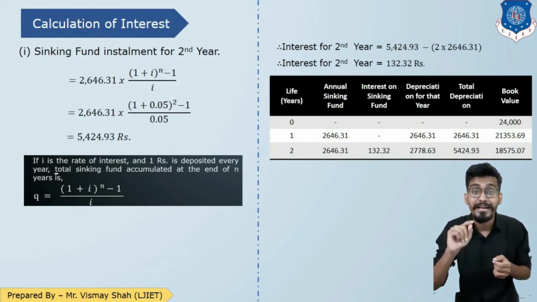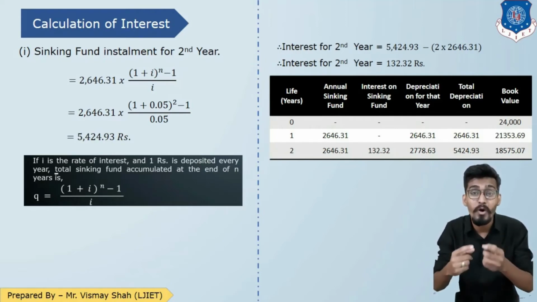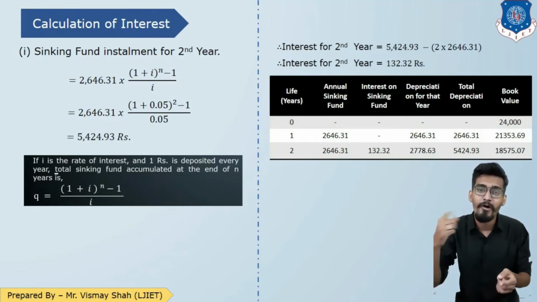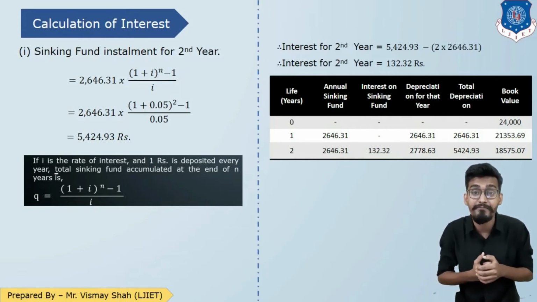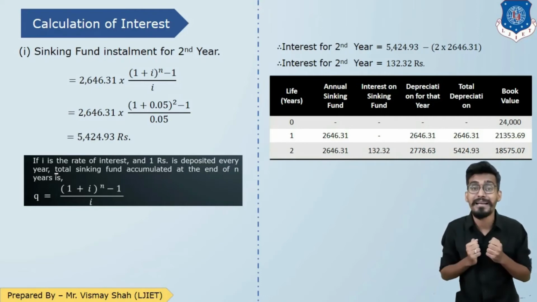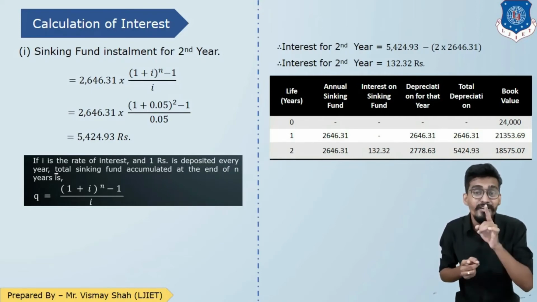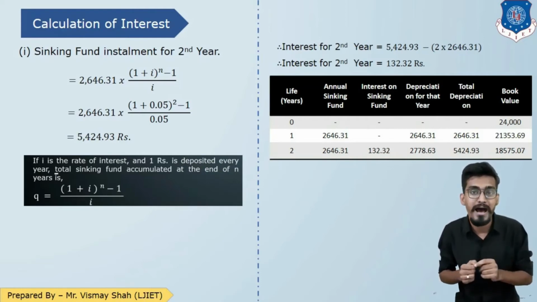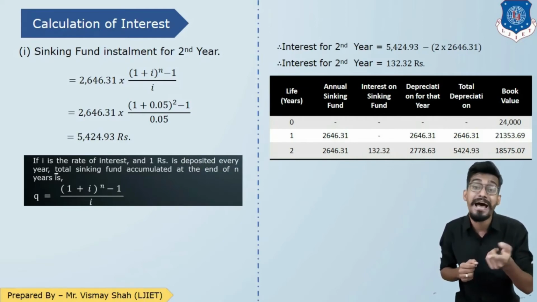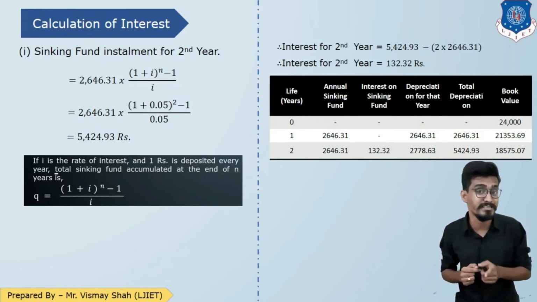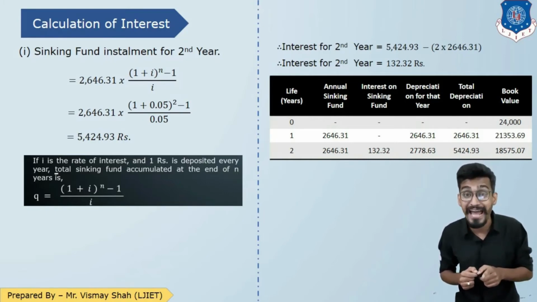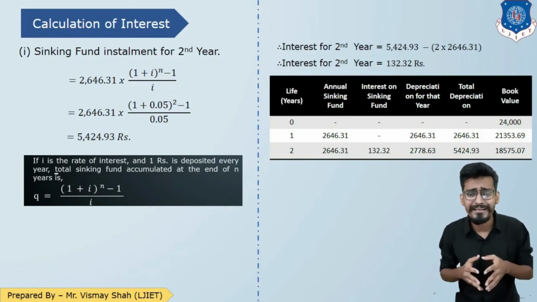What it was saying? That if I deposit 1 rupee every year, how much money will I get? So here you are investing your 2,600 every year. How much interest will you get? To find the interest, we will apply the Q formula, on the sinking fund. The sinking fund was 2,646 rupees. Having the Q formula (1 plus I) raised to n minus 1 upon I, so we'll get the value of